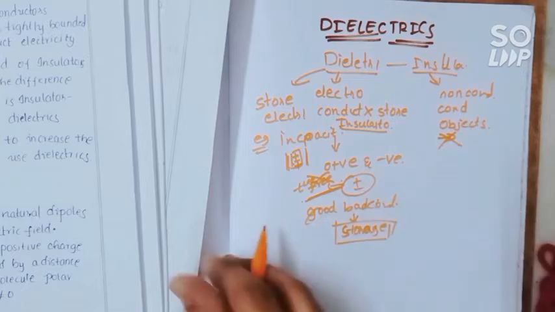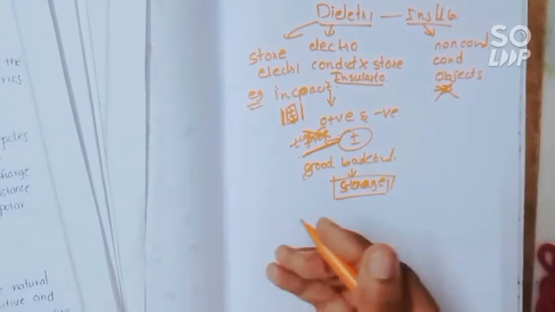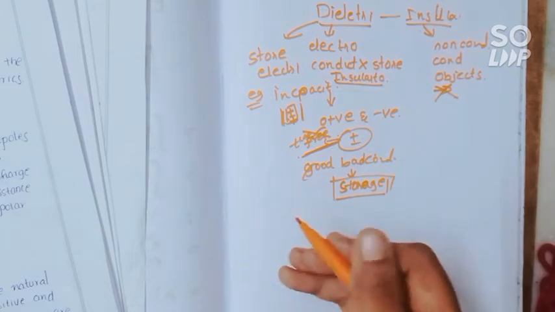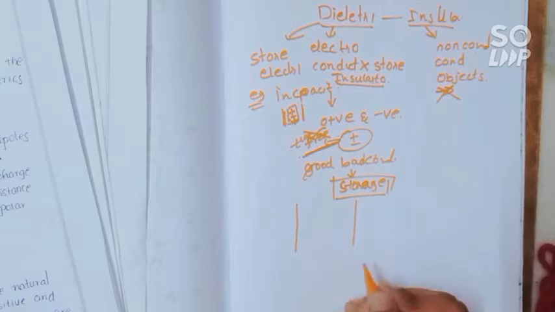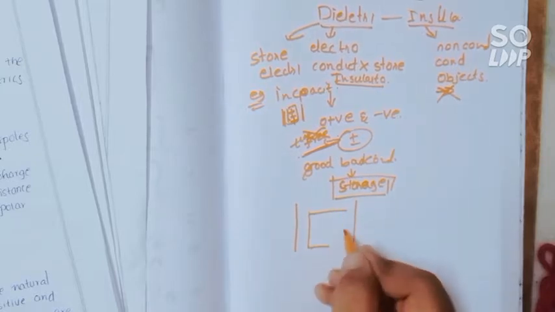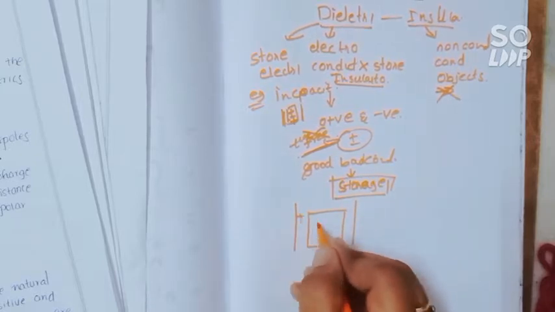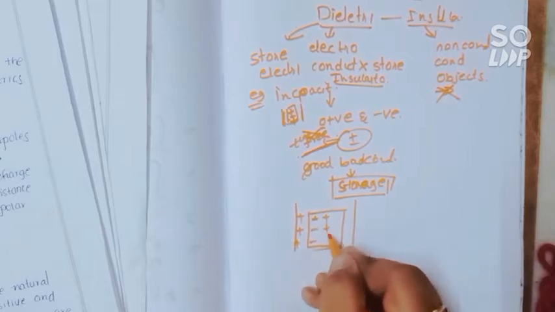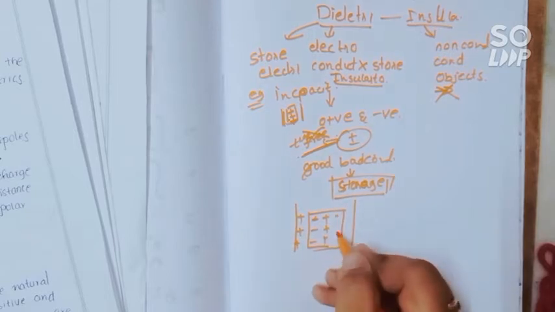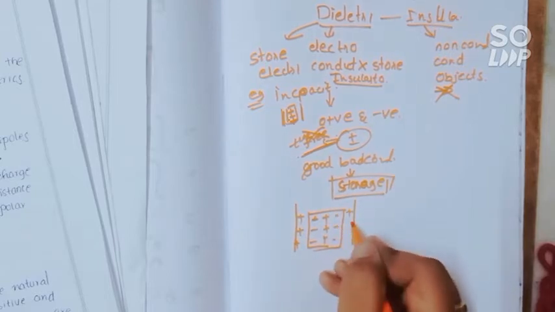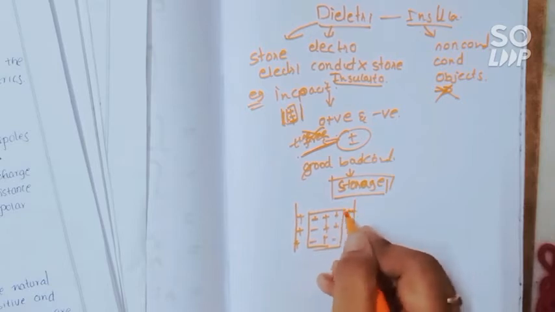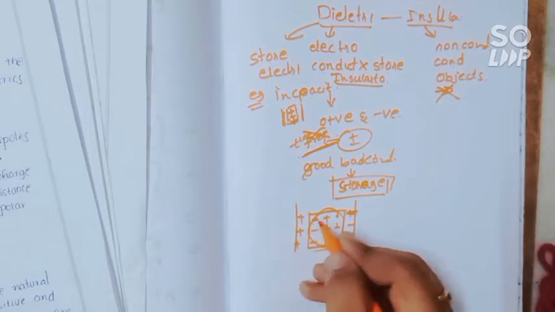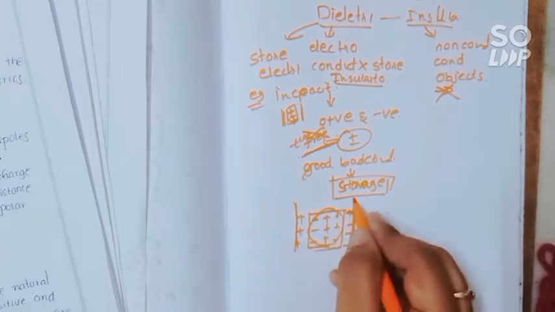And next we need to know how dielectric materials will increase the capacitance of a capacitor. These are the plates of a capacitor. This is a dielectric material. The dielectric material will store the charge in it, and here the induction process will take place. I will explain what induction is and how it happens in later examples. In this process, the dielectric will store charge between the plates of the capacitor.